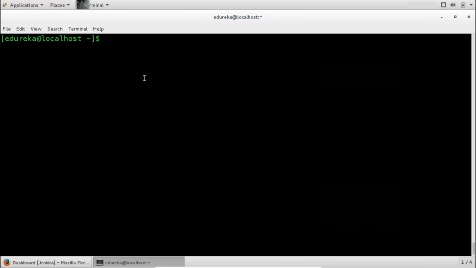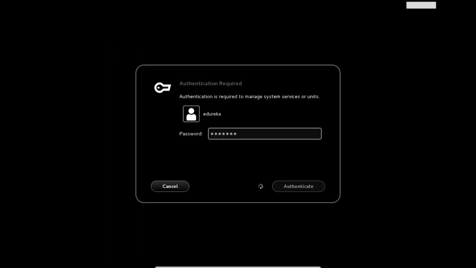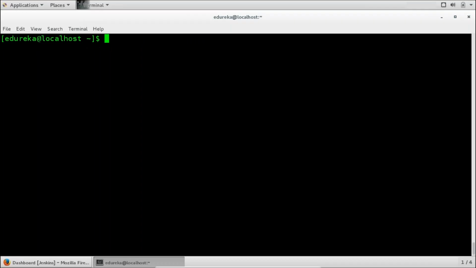So guys, this is my CentOS virtual machine here again, and I've already installed Docker. If you want to learn how to install Docker, just refer to the link that I'll ping you in the chat box. The people who are watching it on YouTube can find it in the description box below. So the first thing is I need to start Docker. For that, I'll type systemctl start docker. Give the password, and it has started successfully.